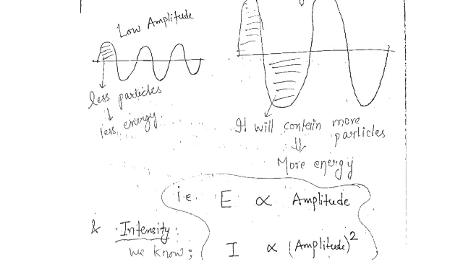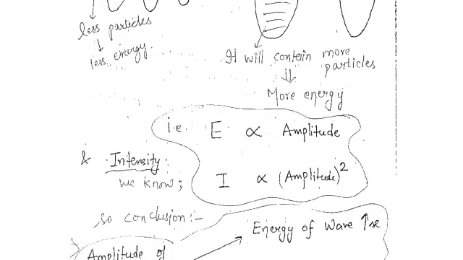That means a lot of vibrations are taking place. That is why it is transferring that much energy. So the result we came up with is that the more the number of particles in the wave, the more the magnitude. More particles, more magnitude, and here we can eventually arrive at these two results, that energy is proportional to the amplitude.